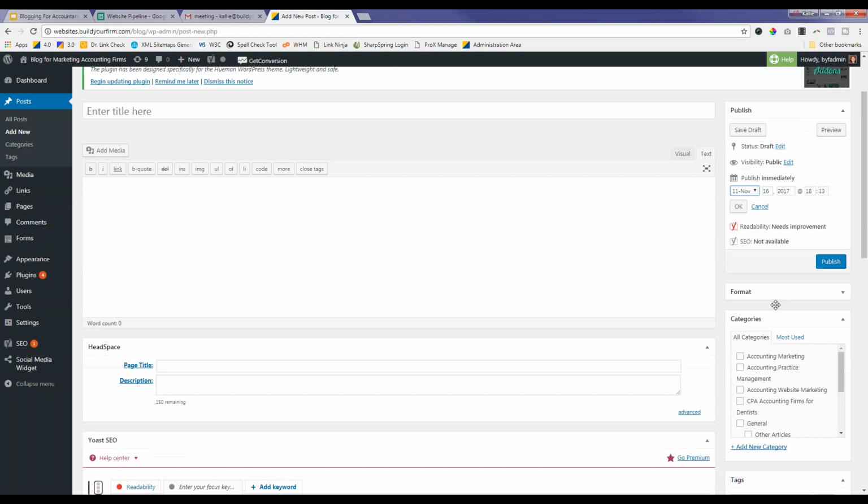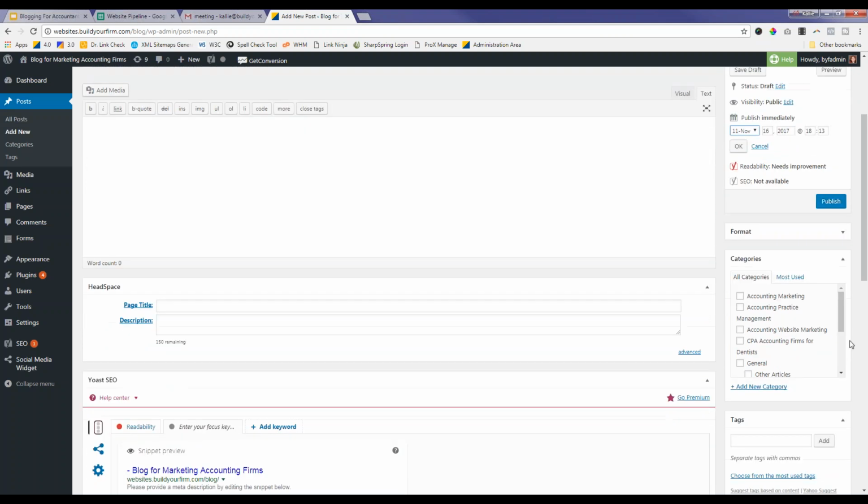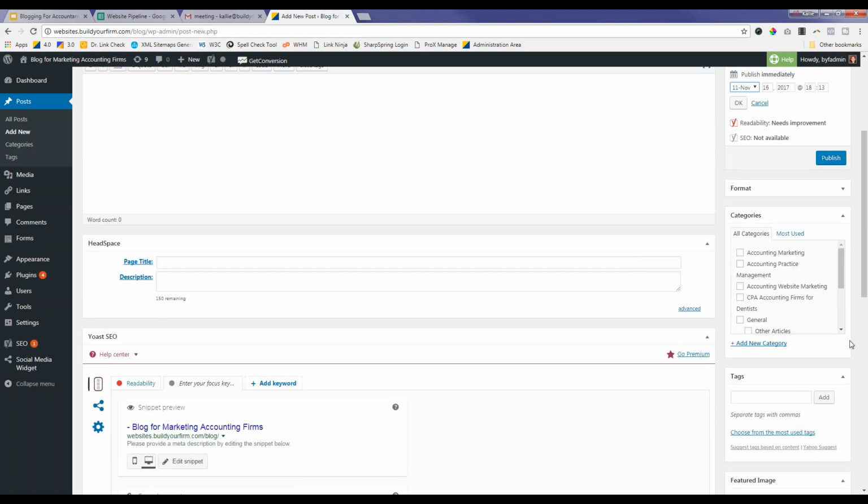A little bit further down is categories and tags. And I get a lot of questions about these when it comes to creating your blogs. Tags, to be honest, isn't something that I would suggest that you waste a lot of time doing. They're sort of becoming a thing of the past as far as sort of helping your blog. So unless you're using them for your own organizing, it's not really worth your time. But categories is a nice thing to have because it's just like you're taking your articles and you're putting them into different categories, really just for your readers.